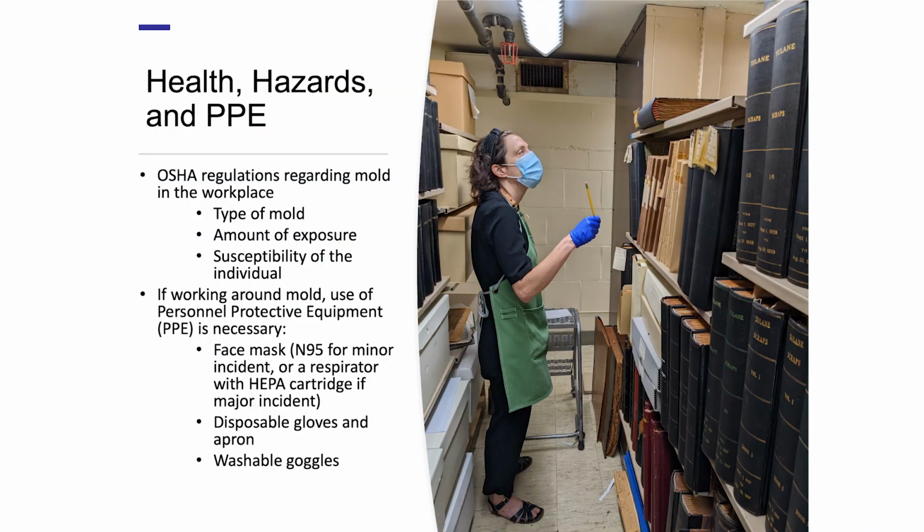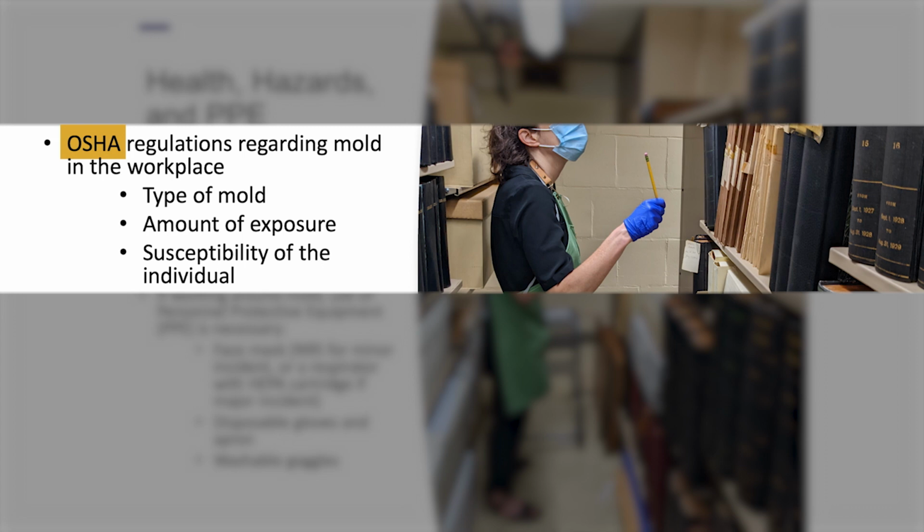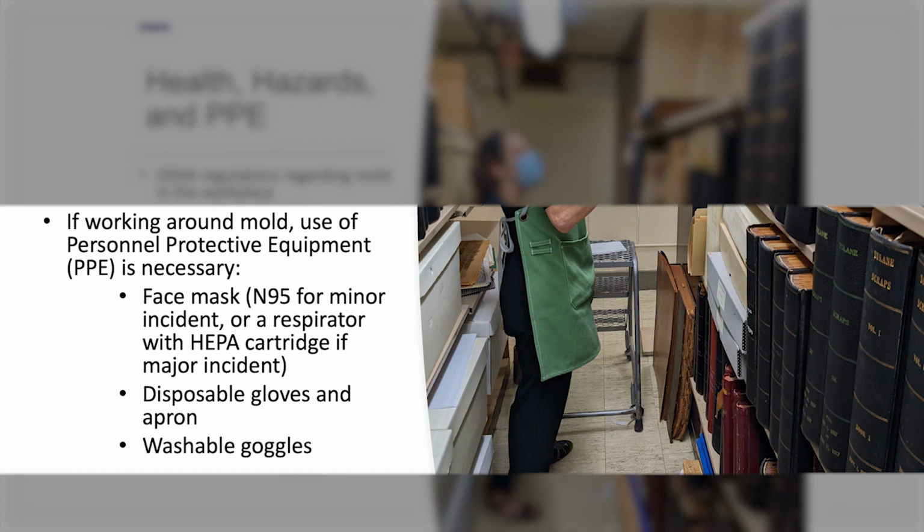The Federal Occupational Safety and Health Administration, or OSHA, guidance about mold exposure is based on a variety of factors, since mold varies so much in type, levels of exposure, and each individual's reaction. OSHA regulates use of personal protective equipment, or PPE, for people working with a significant amount of mold on a regular basis. For significant outbreaks, we call a vendor who specializes in mold remediation and whose staff is trained to adhere to such regulations. In Tusk, when a small amount of mold is identified or suspected on an item or a small amount of material, we follow similar protocols to OSHA.